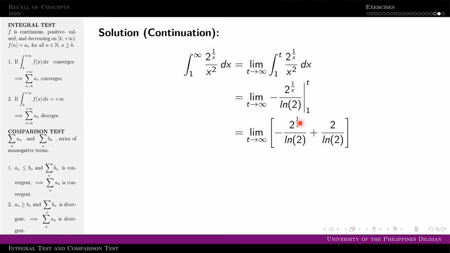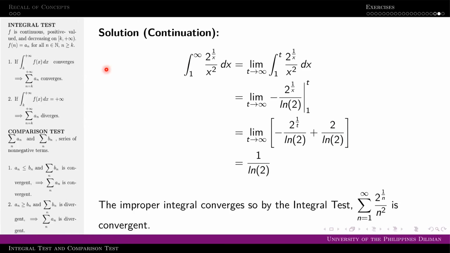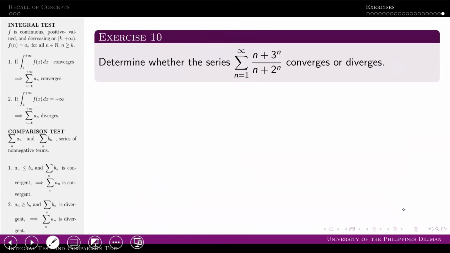Now, if we approach t towards infinity, si 1 over t magiging 0. So, si 2 raised to 0 ay magiging 1. So, we have negative 1 over ln 2 plus 2 over ln 2 giving us 1 over ln 2. So, yung improper integral natin converges. So, by the integral test, case 1, yung series natin is convergent as well. Okay? On to our last exercise for this discussion. We have the series n plus 3 raised to n over n plus 2 raised to n, where n runs